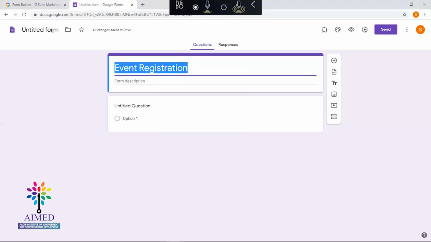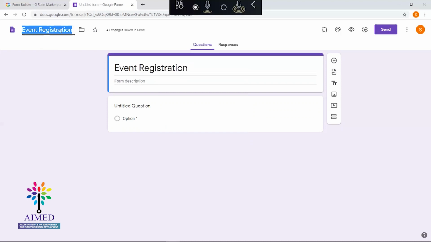This untitled form is the name. If you select this, whatever title you have given will be auto-populated here. So if you click outside, the same name will be assigned to this untitled form. So now I'm going to create a form for an outbound training registration for students.